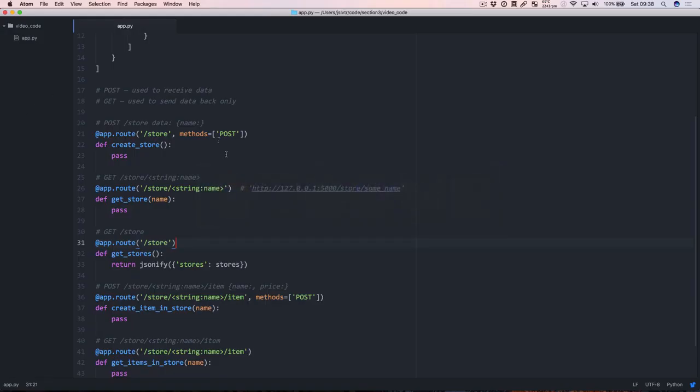So that's everything for this video. We've implemented our first endpoint, and in the next video we're going to implement the rest, and that's going to include creating the endpoints, creating the stores and the items. It's not going to be too challenging,